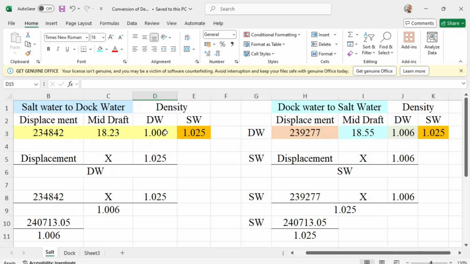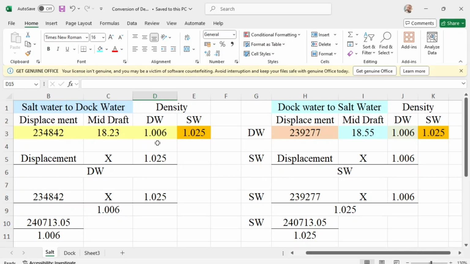This will be the local density at berth in Baltimore. Since the summer draft is 18.23 and his displacement is 234,842, what will be his displacement when floating in the local density of